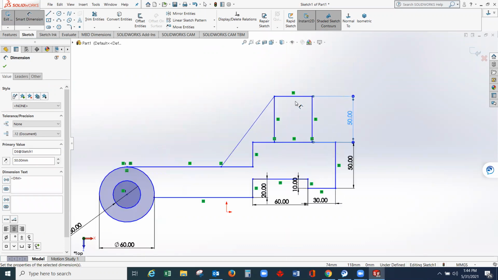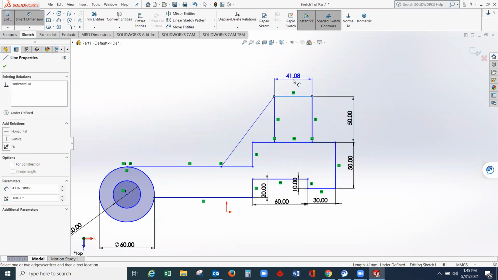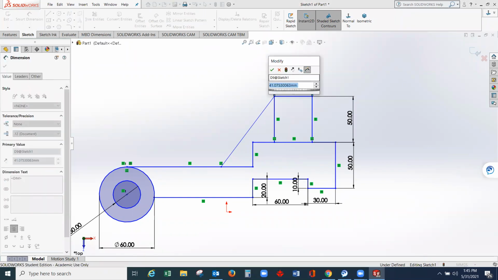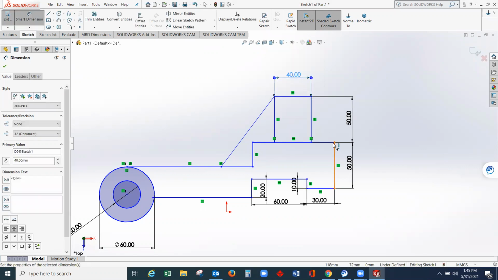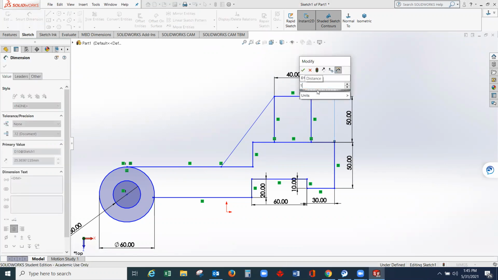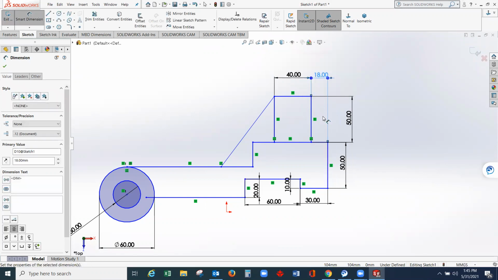So you can zoom in and zoom out the drawing using your mouse wheel button. So just roll it forward and backward. Okay. So this line will be 40. The distance from this point, so I'm selecting the point up to this point, then we will give a distance of 18 millimeters.